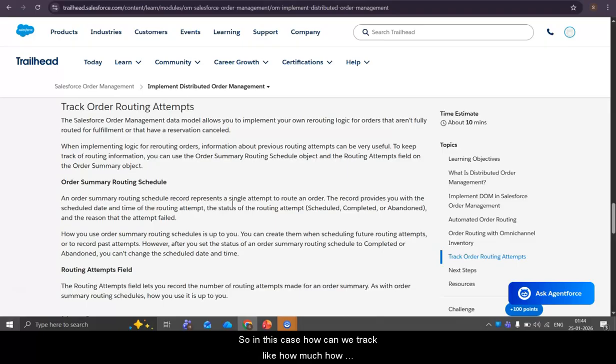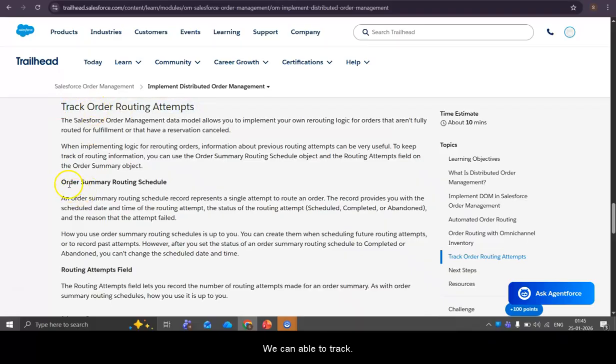In this case, how can we track how many times it attempted to create the fulfillment order, or how many times it tried to route this order to the locations? That also we can track in the order management system.